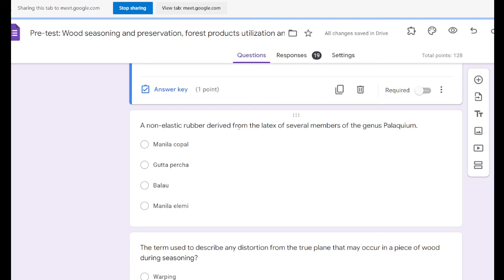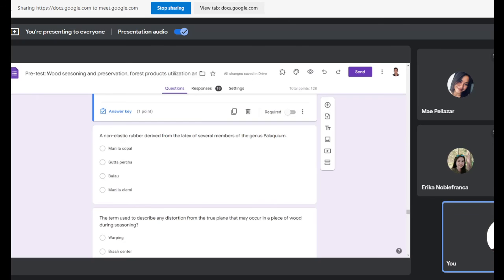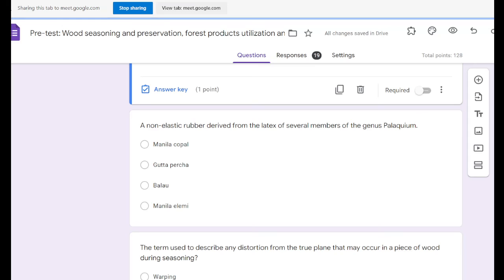A non-elastic rubber derived from latex of several members of genus Palaquium. Say your answer. Gutta percha, sir. Yeah, gutta percha. That's correct. So next,